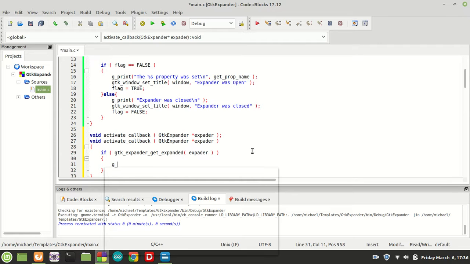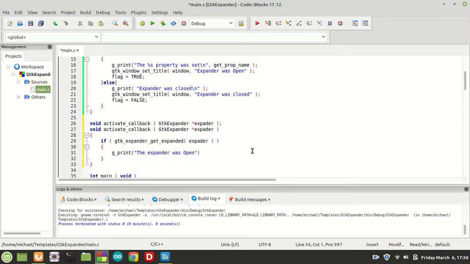And now I'm going to say g print, and let's say activate, because this is the name, activate, and let's say, oh, you know what, no, I'm going to say the expander was open, or is open, whatever, is open, else